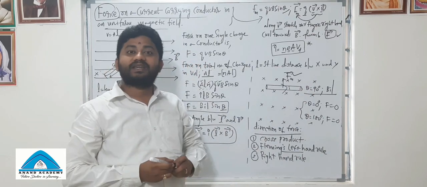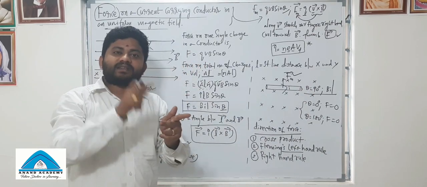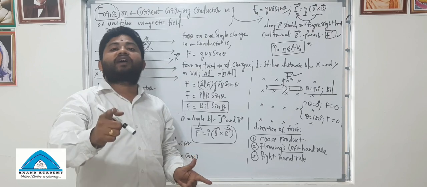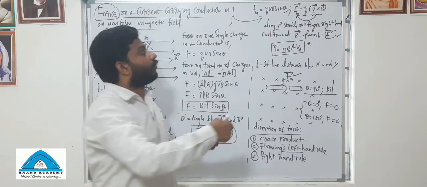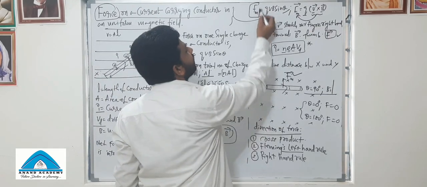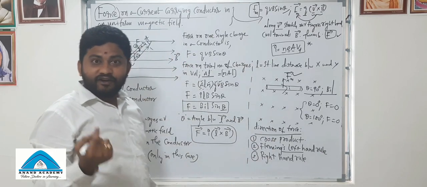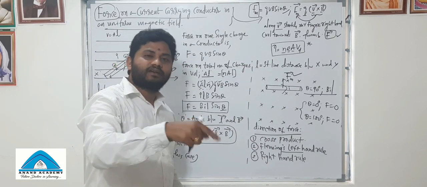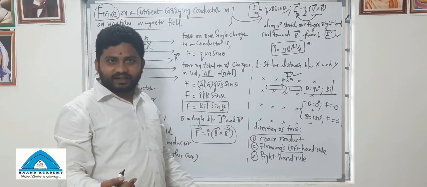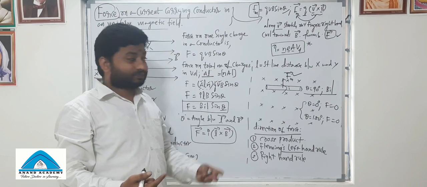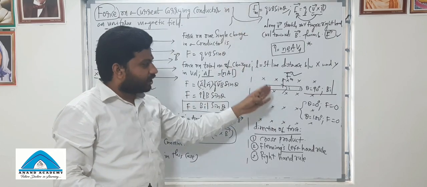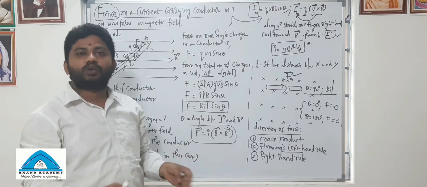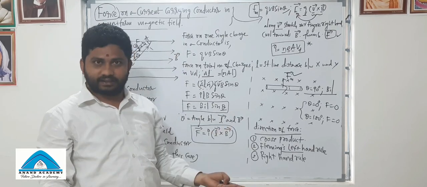An interesting thing is, the same Fleming's left hand rule we have used to find the direction of the magnetic force on a moving charge in a magnetic field. Understand? Force on a moving charge we have found. In the direction of force on a moving charge, same force on a current carrying conductor also lies. Right? There is no difference here.